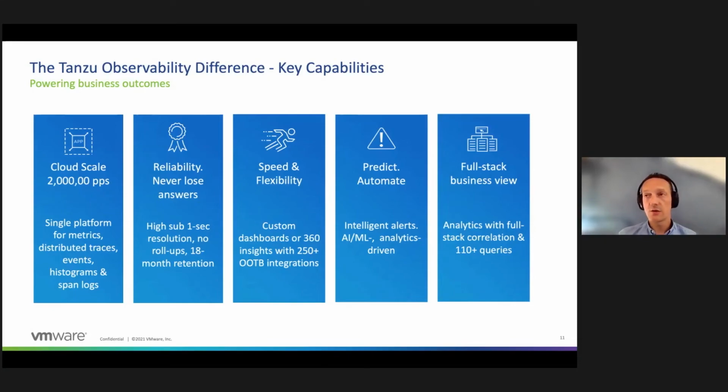Also interesting is the breadth of integrations Tanzu Observability offers, with rich out-of-the-box integrations and extended support for 200 components and multi-stack components. We also have built-in AI to keep enriching the platform. And as I said, finally, from a business angle, up to 100 ready-made queries really help organizations get the fastest insight into the health of their application landscape.